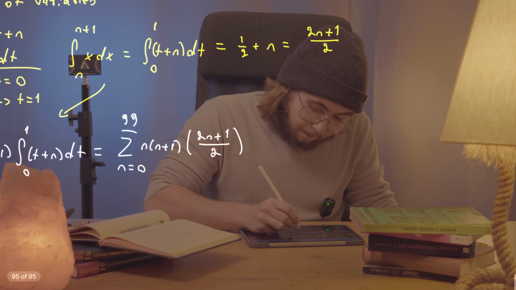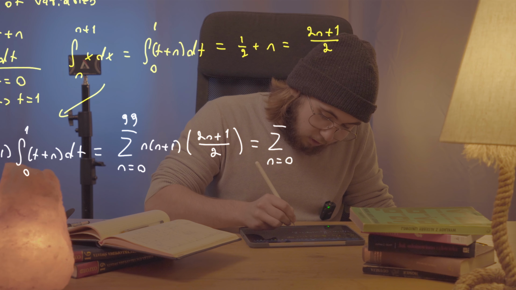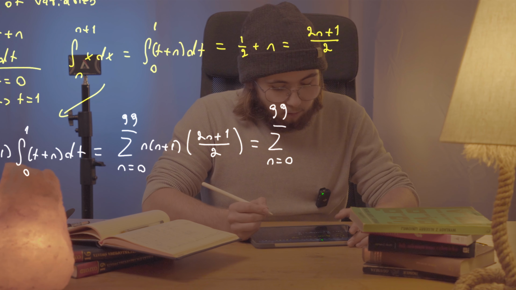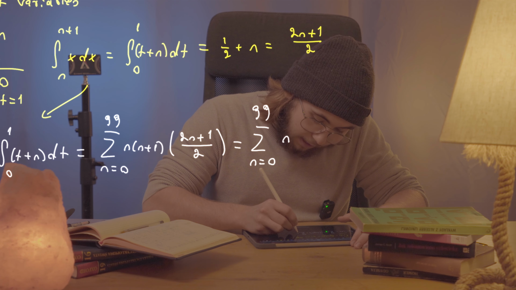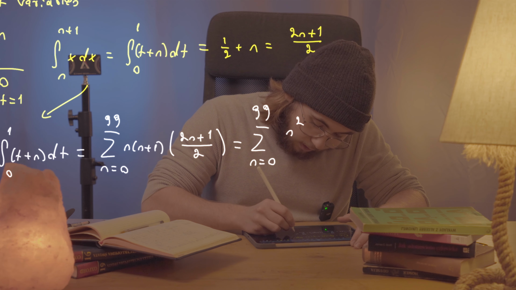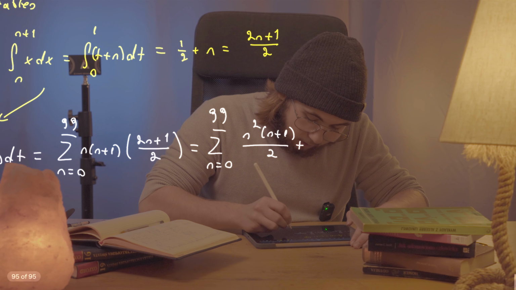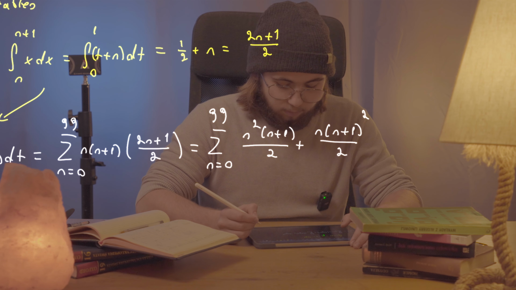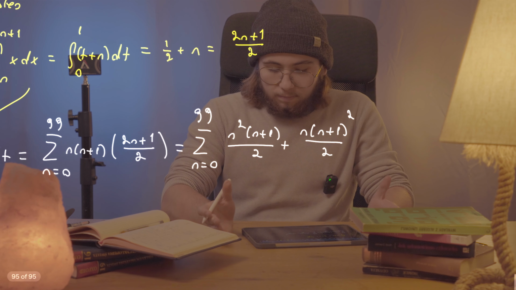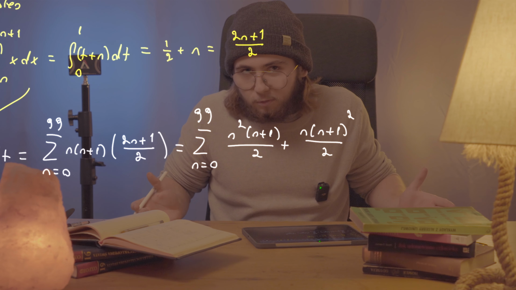So that would all turn out to be a sum from n equal to 0 to 99 of, well, n times n plus 1 times n. That's going to be n squared multiplied by n plus 1 all over 2, and then plus n multiplied by n plus 1 squared all over 2. Perfect. And now it really looks like something that is possible to deal with, because